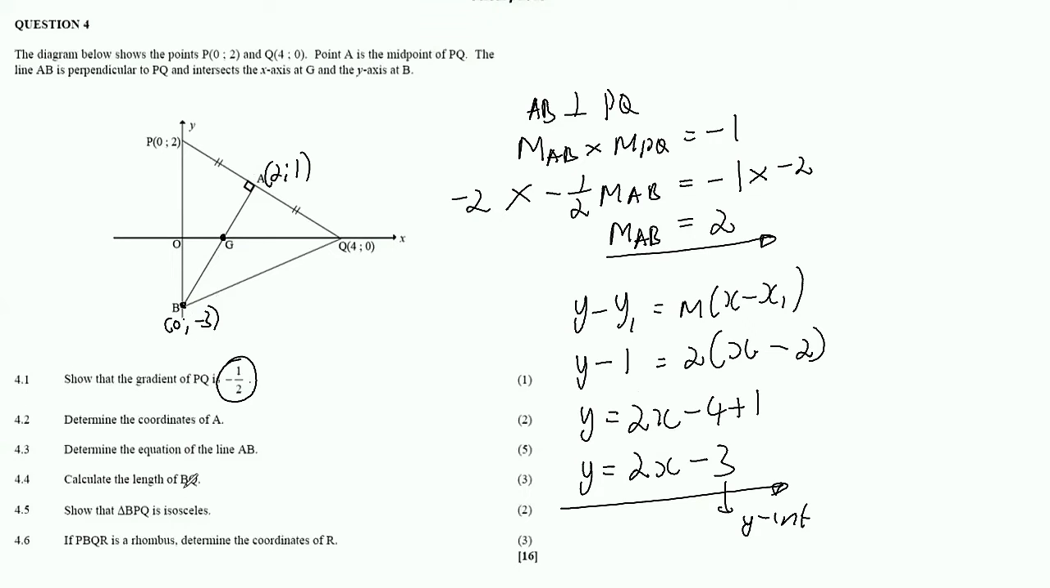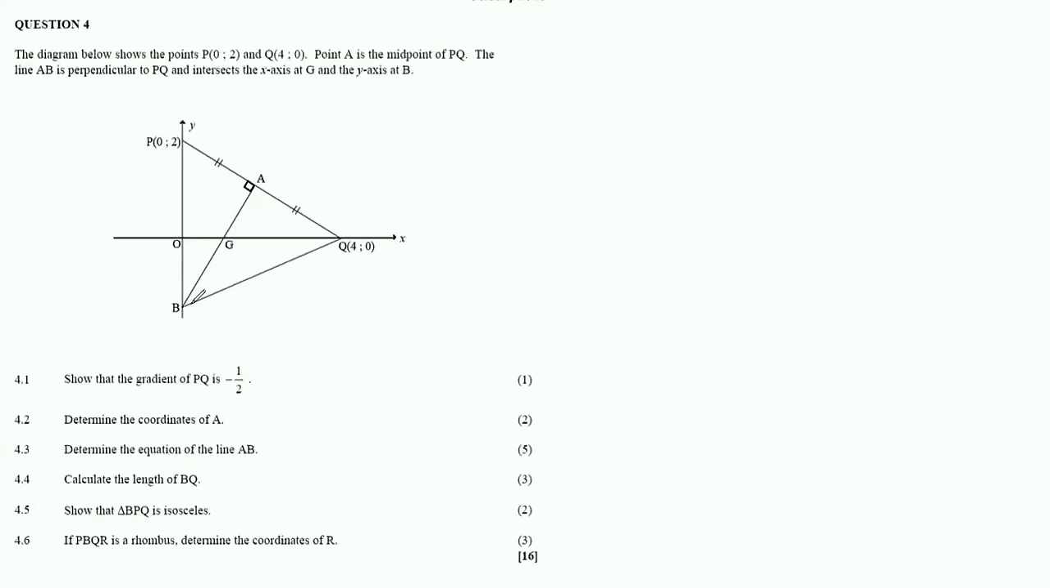So now they're saying calculate the length of BQ, right? So you see why I hinted at those coordinates for B being (0, -3), because we were going to need it to calculate the length of BQ. Now that we have the coordinates of B, to calculate the length, what is length? Length is distance. And how do we calculate the distance? We calculate it using the distance formula. So that's BQ. For 4.4, we have BQ equals root